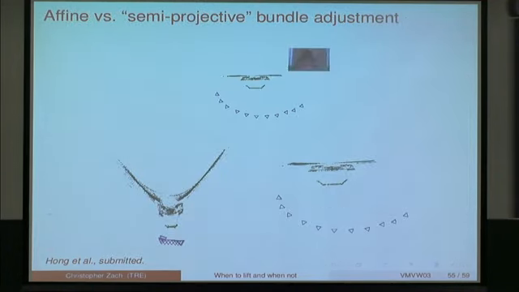Just a small inset illustrating the difference between an affine and this semi-projective reconstruction. On the top, this is the ground truth configuration, and the point cloud and the cameras are seen from a bird's eye view. On the left, you see the initial affine reconstruction, and then our revised cost function, which still has the properties of being matrix factorization-like, but it's just better modeling. The pinhole camera model gives you something nicer.